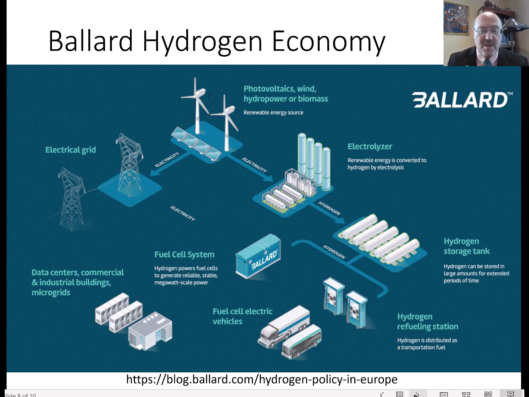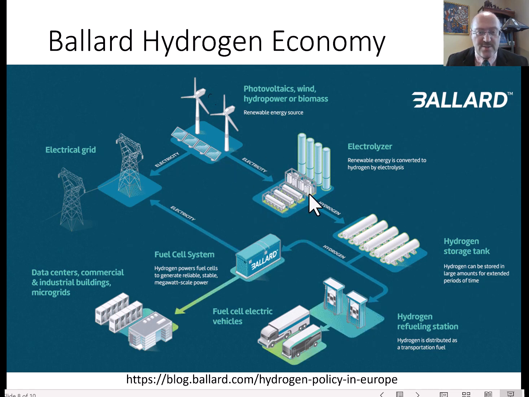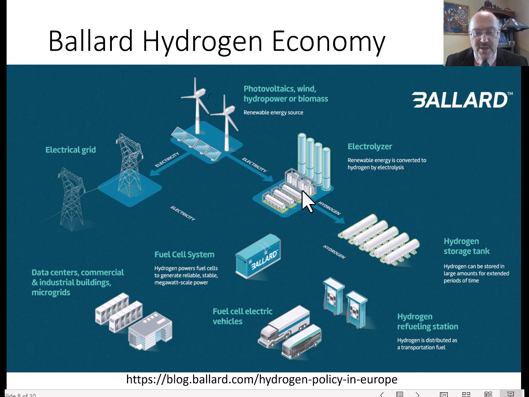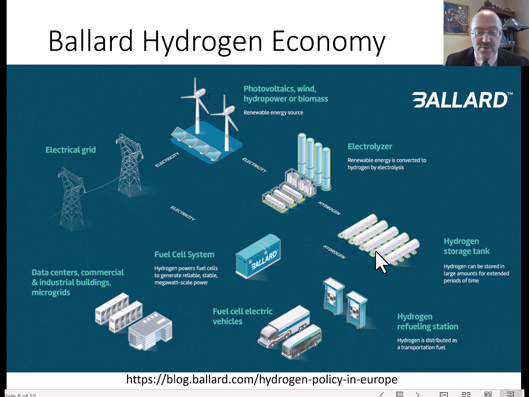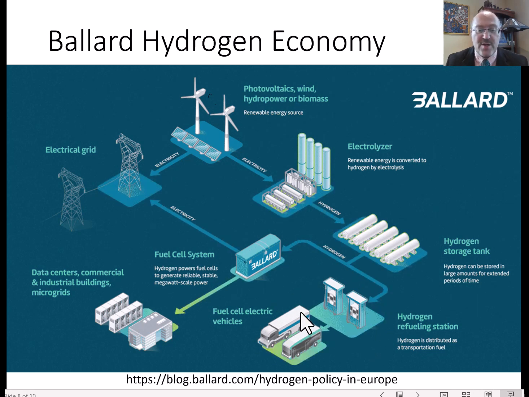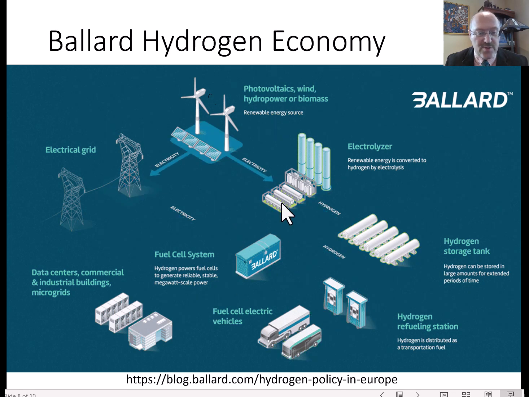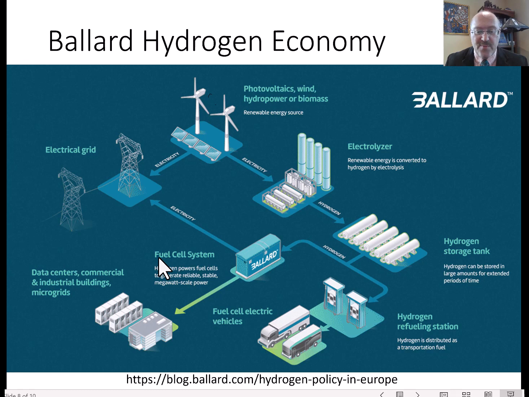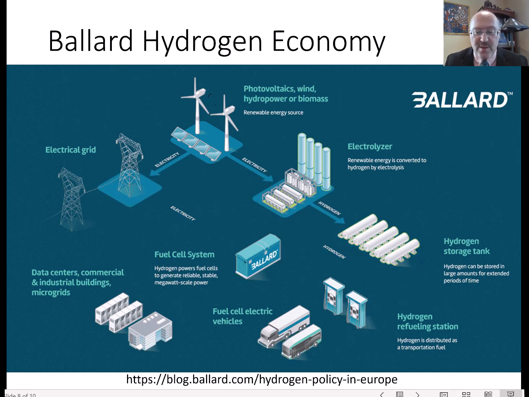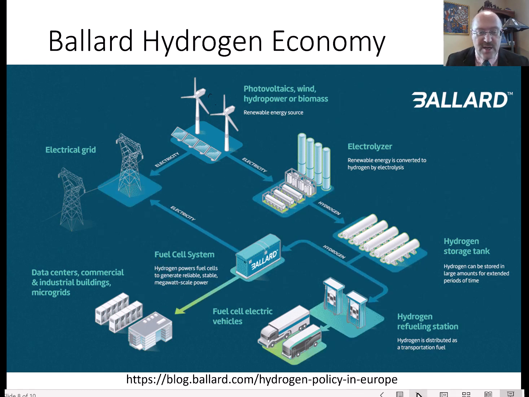On this slide, we can see the picture by Ballard I shared before. If you have a hydrogen economy, the electricity goes into electrolyzers, so someone has to make electrolyzers. Then it goes into storage tanks, so someone needs to make storage tanks. Then we have hydrogen stations. We have vehicles running on hydrogen. Again, the fuel cells could be made somewhere. And so what is happening is that everyone in the world can participate in those things. Those are not impossible things.